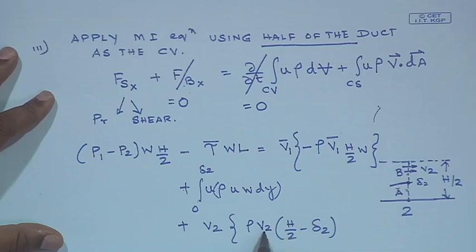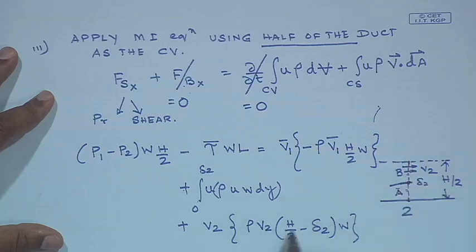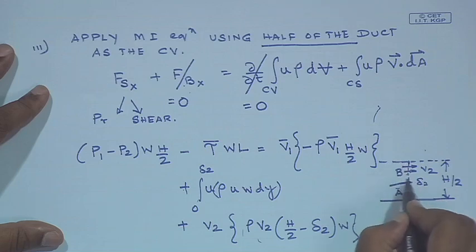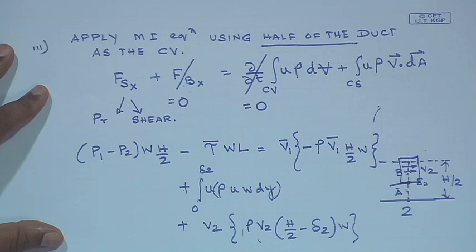This is the total area of region B, h by 2 minus delta 2, multiplied by the constant width, multiplied by V2 gives the volumetric flow rate through region B. Multiplied by rho it gives the mass flow rate, and I multiply it with the velocity again in order to obtain